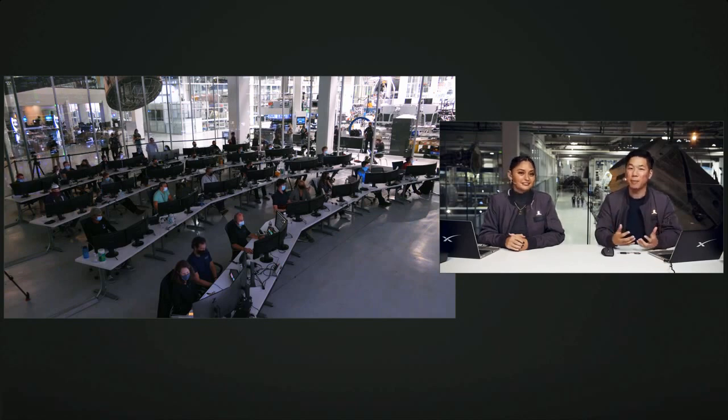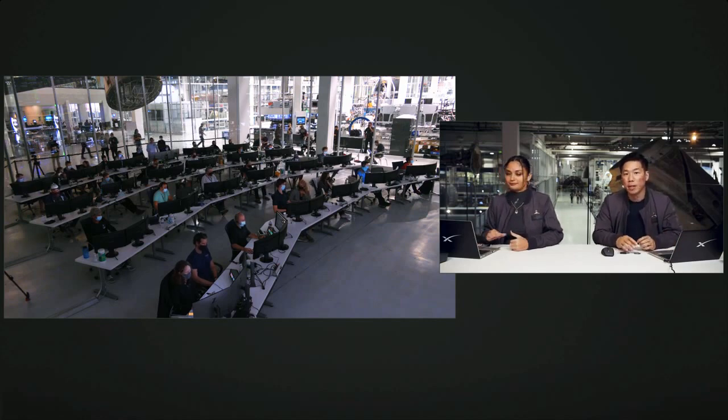In the lead up today, SpaceX selected primary and alternate splashdown locations off the coast of Florida. The selection process works with a lot of